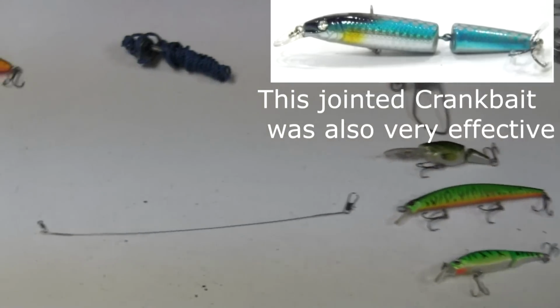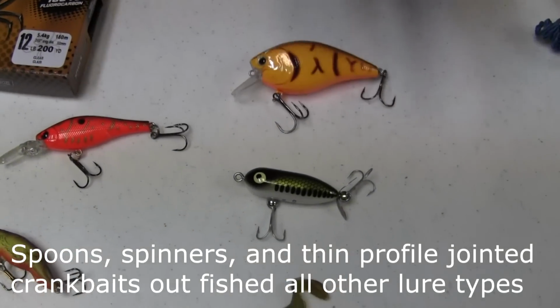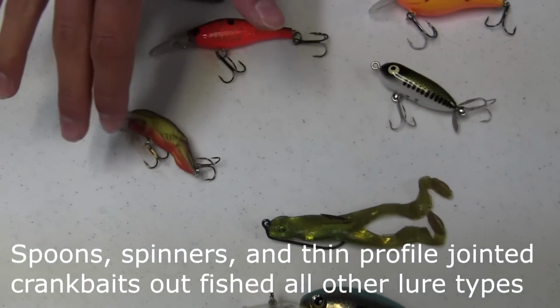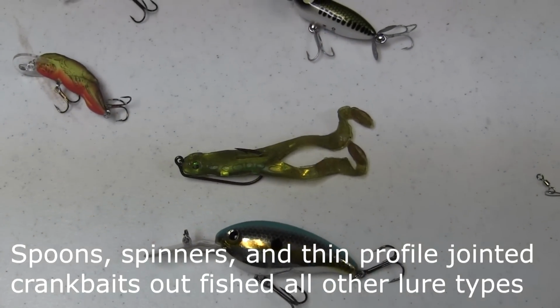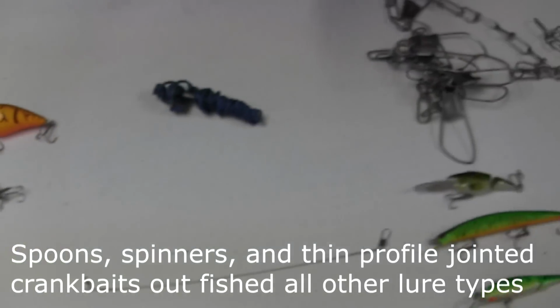Now I want to show you some lures that weren't quite as effective. I used a lot of thicker bodied lures, and it really didn't work well. Top waters I didn't have much luck on. I didn't have much luck on the crawfish lures, and I used a lot of different plastics. I even threw some plastic frogs, since I was seeing a lot of frogs, but really had no luck with them. So those are the lures that were working, and now I want to go into the locations